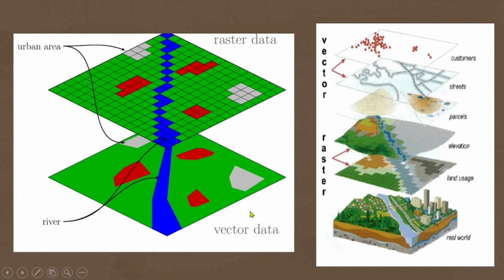Simple. Vector data are the data that can be represented by dot, line, polygon, and the data will be taken from where? The map, the real world, right? एंड रास्टर डेटा भी रियल वर्ल्ड का डेटा को आप ग्रिड्स में डिवाइड करके रेफर करोगे, दैट इज़ रास्टर डेटा. यहाँ पे देखो दिया हुआ है, लाइक दिस इज़ अ रियल वर्ल्ड हाउ इट लुक्स.